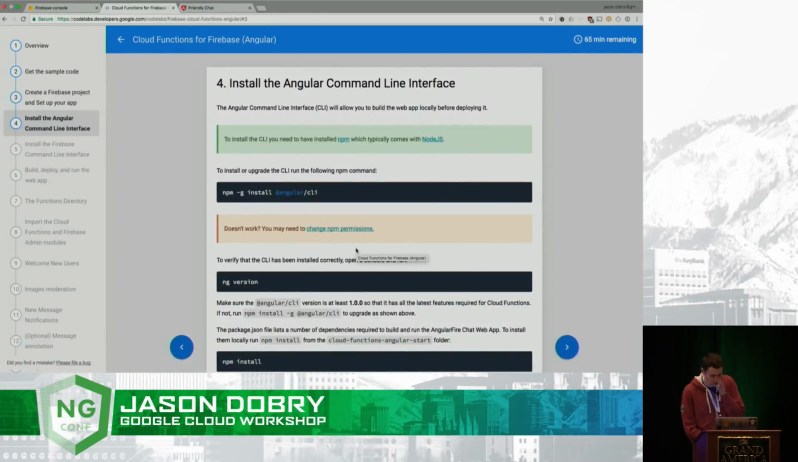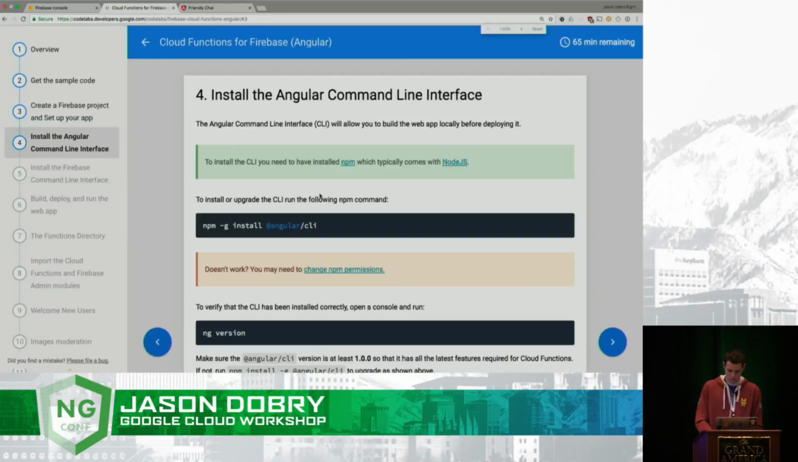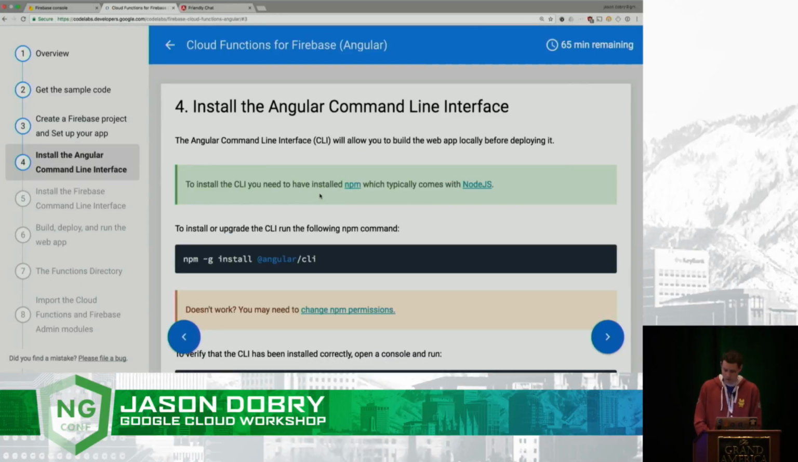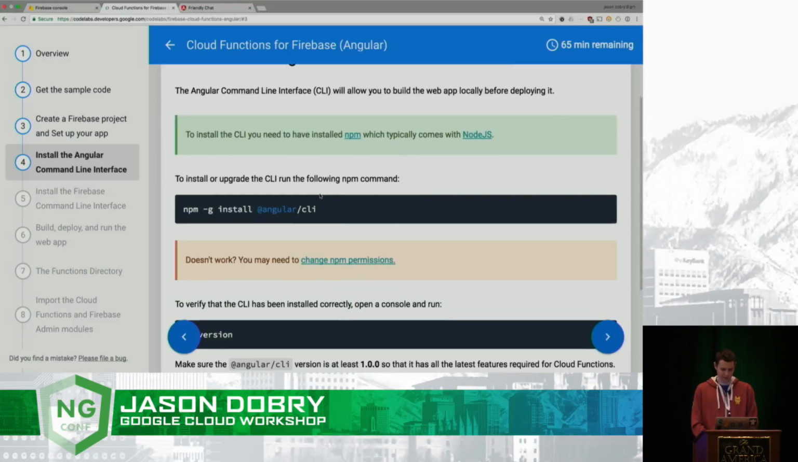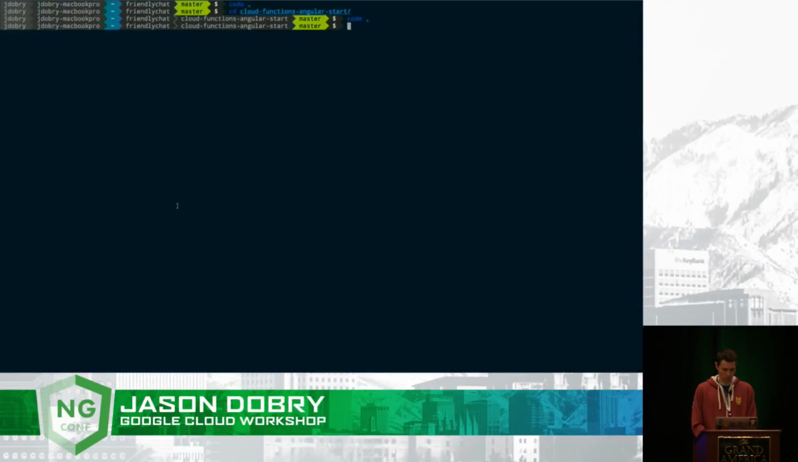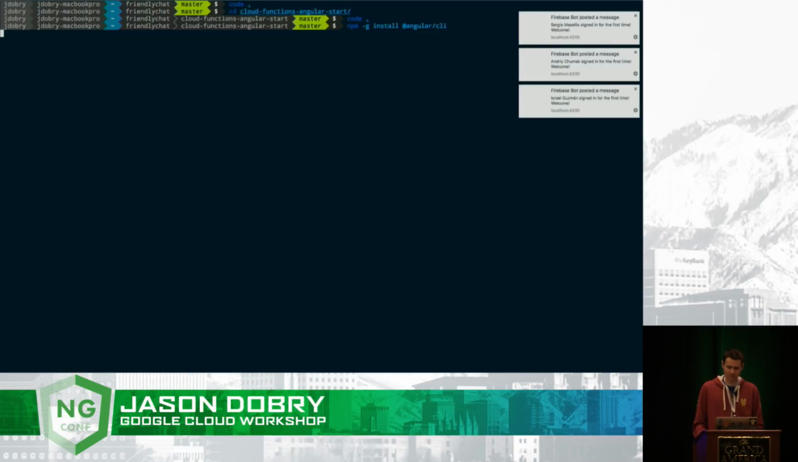Okay, next step, step 4, Angular command line interface. Some of you may already have this installed. If you don't have the Angular CLI installed yet, run npm -g install @angular/cli. I already have it installed, but I'm just going to run this. I'm on Ethernet, so hopefully that means it'll be really fast. Normally I would use yarn, but